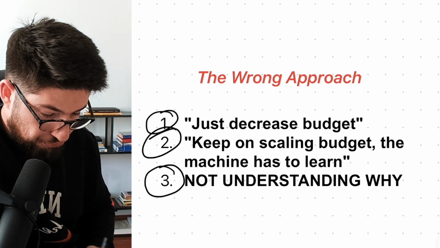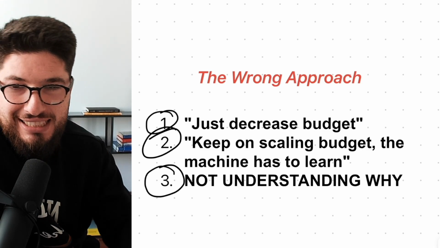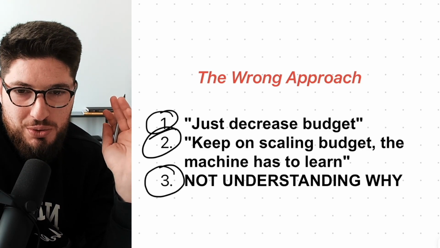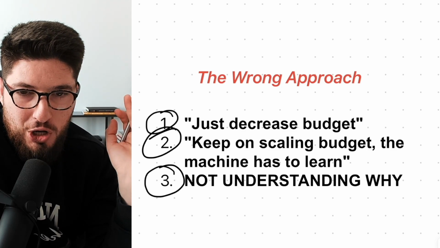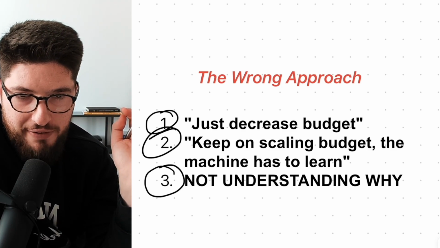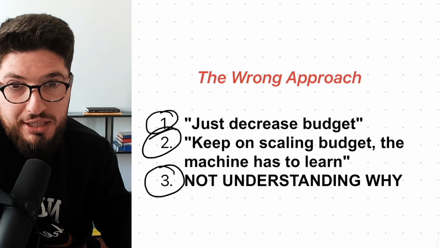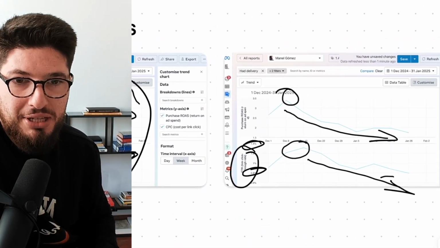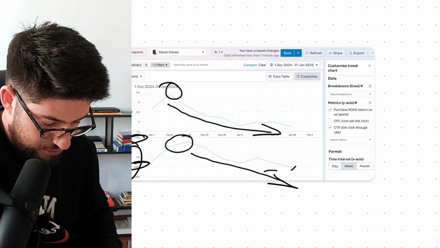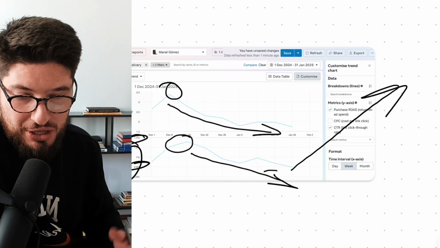And the other one is, this is the craziest one, for rich people only. They say, keep on scaling the budget, the machine has to learn. So you have to go through days of losses, spending 1,000 a day for 5 days straight, just to see if maybe on day 6, things will magically solve. And bottlenecks like this are gonna magically be solved. And then your CTR, with the same ads and doing the same thing, your CTR is gonna go to 3% because the machine learned.